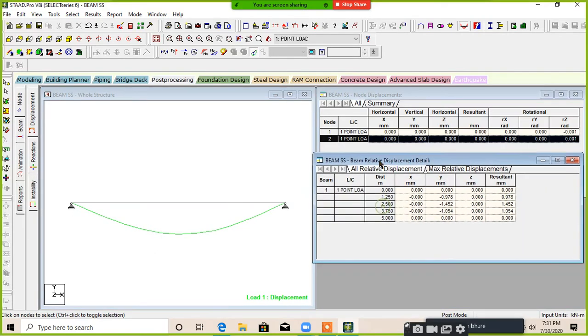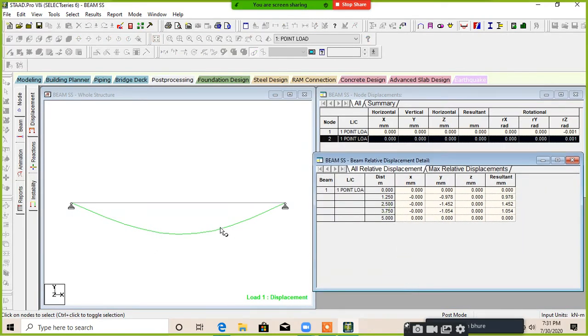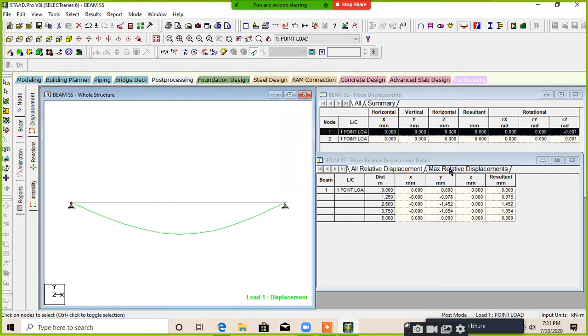What are the values of the particular displacement? At the start point of the beam, the value is 0 mm. At 1.25 meter length of the beam, the value is 0.978 mm. At the center of that particular beam, the value is 1.452 mm.